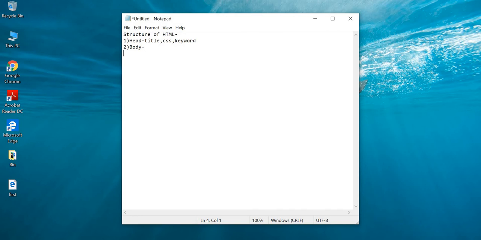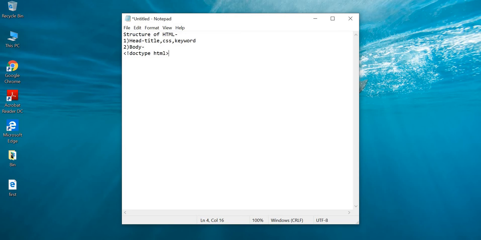Then if I talk about the skeleton of HTML, in HTML we write an exclamation mark and DOCTYPE html. It informs the web browser that it is a document type HTML, means the page is HTML. DOCTYPE means document type.